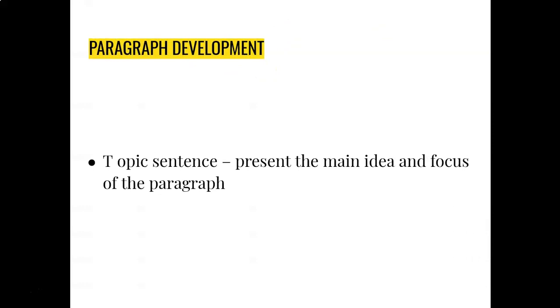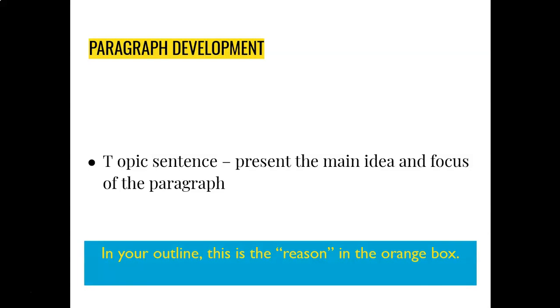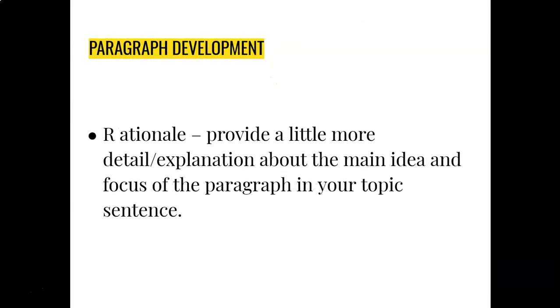The topic sentence is going to go back to the reasons. If you think about the Toolman structure or any of the different outlines that we talked about last week, the reasons all support the main points. This is where you're going to get your topic sentence. Each body paragraph should begin with a sentence, kind of like P1, saying, here's what this section is about, which is in your outline in the orange box.